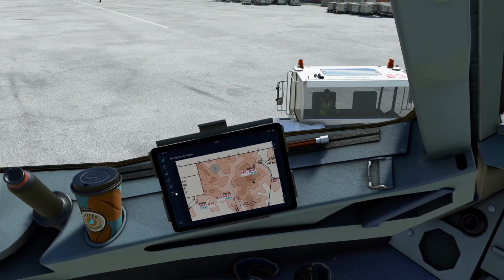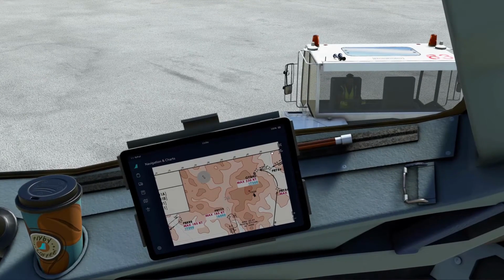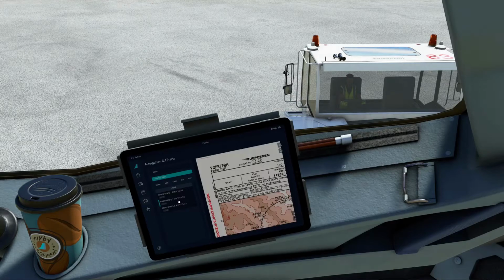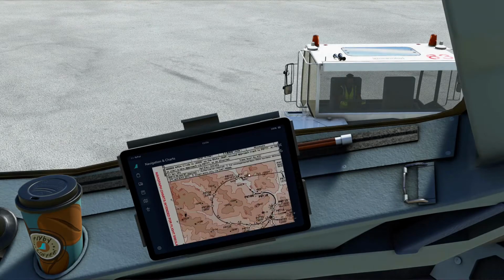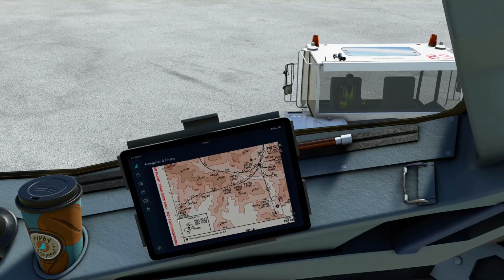Okay, and let's get the approach up, so we're looking at this one here. Right, so we're coming in from SUBSU, and this is the PR.